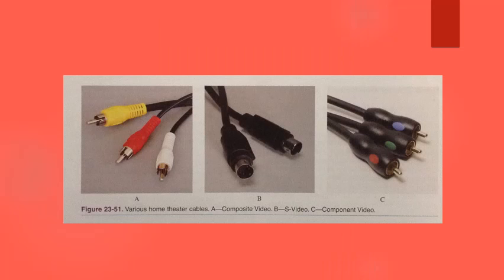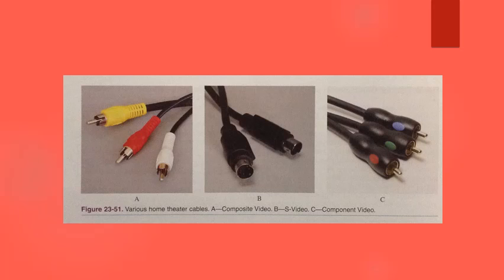See figure 23-33. Composite video cables use only one cable for the video signal and two or more cables for stereo sound. Figure 23-51, the composite cable or video. The composite video will provide a better signal than the RF or F-type cable connections, but worse than the S-video or